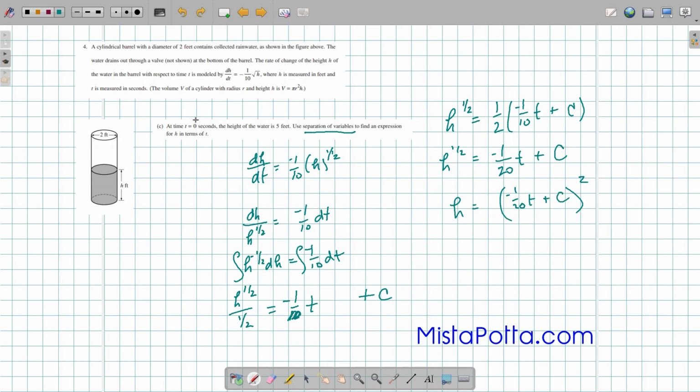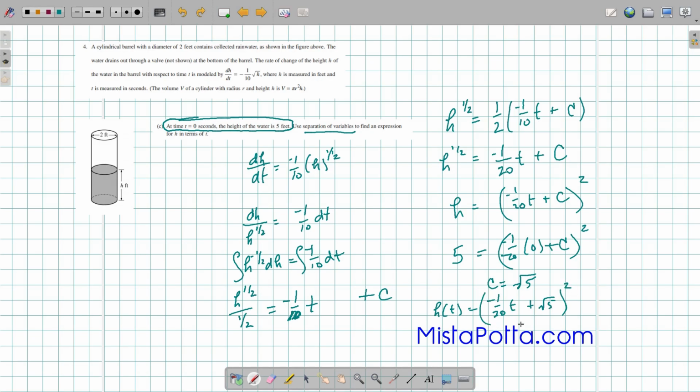So now I need to use this last bit of information. At time t equals 0, the height of the water is 5 feet. So if t is 0, when I square that, I should get 5. And so I find out that c equals the square root of 5. And so my formula h of t is going to be negative 1/20 t plus the square root of 5